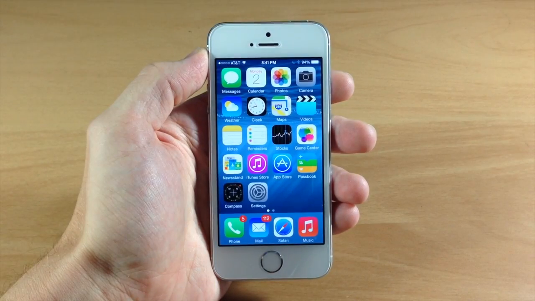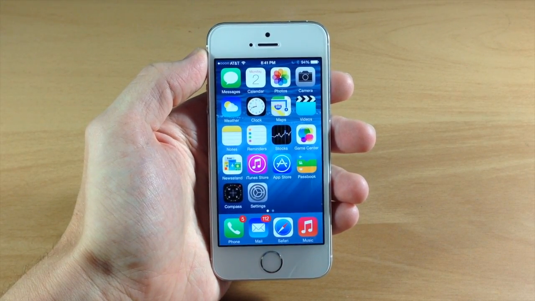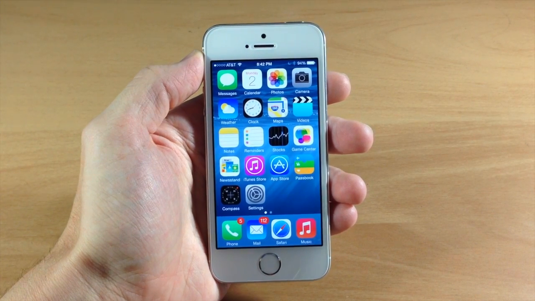What's up guys, this is iTweaks here, and today I'm going to be showing you the top 20 features of iOS 8. So if you guys haven't heard, iOS 8 Beta 1 has been released to developers, but if you guys want to check out iOS 8 for yourselves, then I can show you how to download and install this